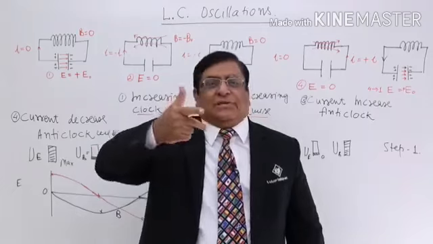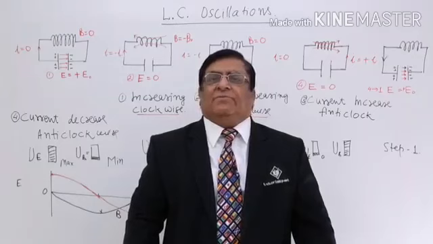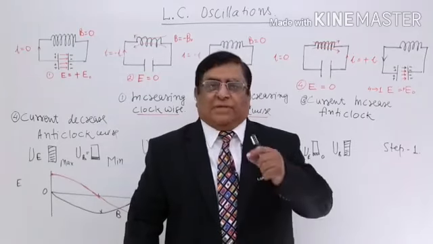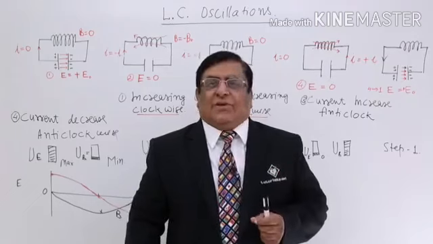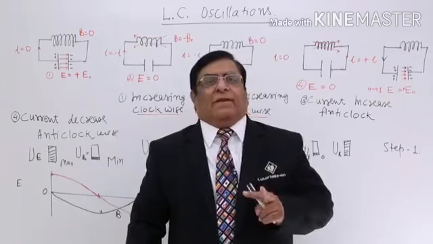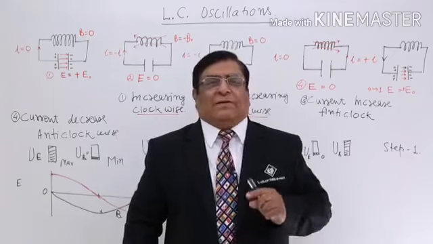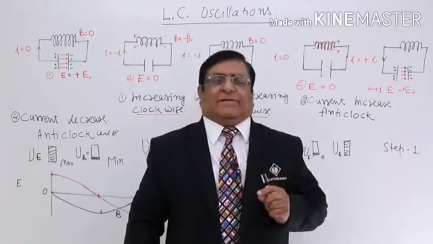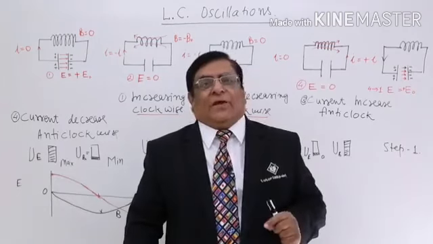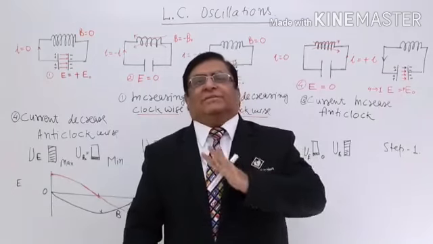is known as oscillation. How do we get oscillation? This oscillation we are getting with the help of a circuit that is known as the LC oscillation circuit. In this we are using mainly two components which are responsible for oscillation, that is one inductor and one capacitor. Resistance of course is everywhere. We cannot make it zero. So, even if I say or I don't say, resistance is always there.